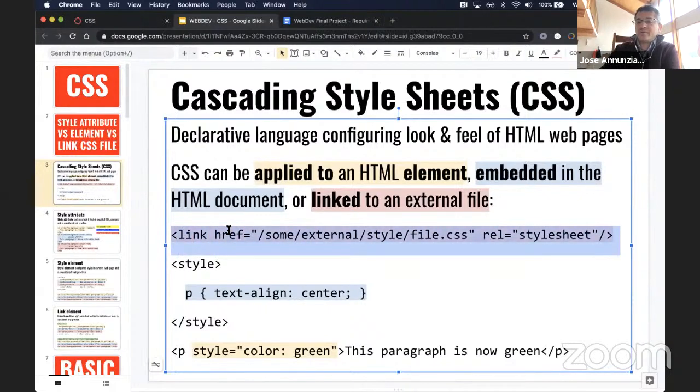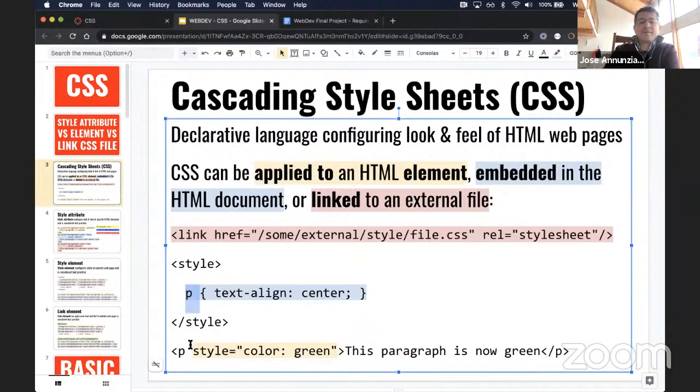This is the way you should do it. That's the best practice. You can also do it inside of the HTML document, but inside of the style tag, and you can provide any number of stylings. These are referred to as CSS rules that fire whenever these rules match anything in the content of the page. So for instance, this P over here